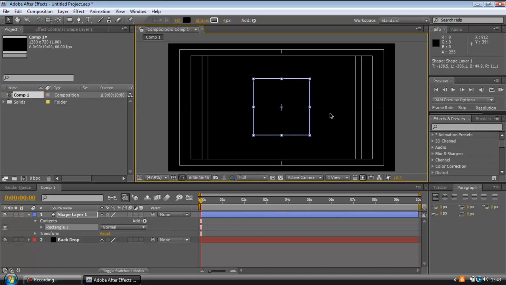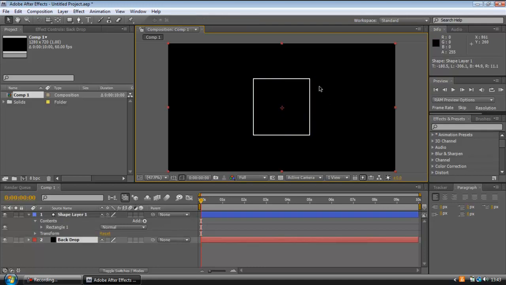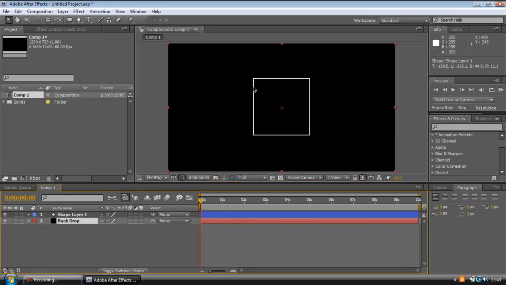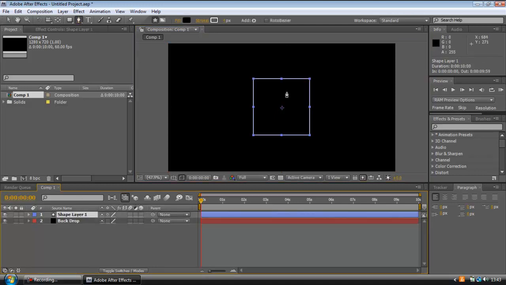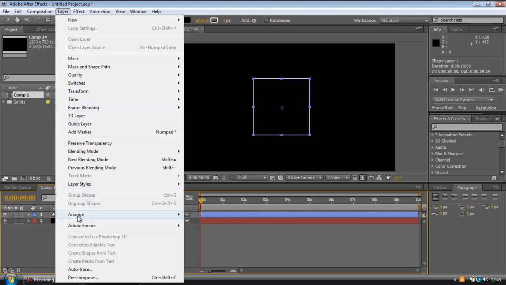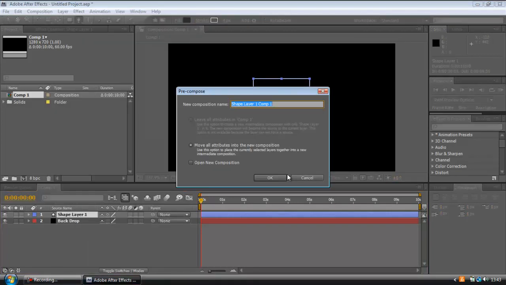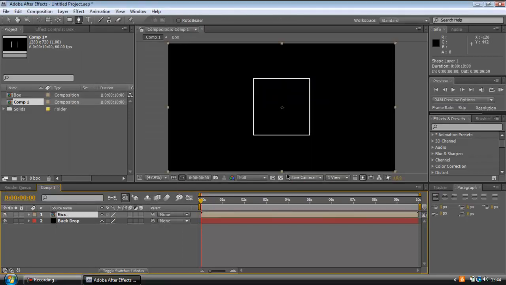And to turn action title safe off, just press the same button, and we have our square which does absolutely nothing. So to get the box to do revealing, we want to click on the pen tool, click on the shape layer tool. Note, first we want to go to layer, pre-compose. This is important. I'm going to call this box,